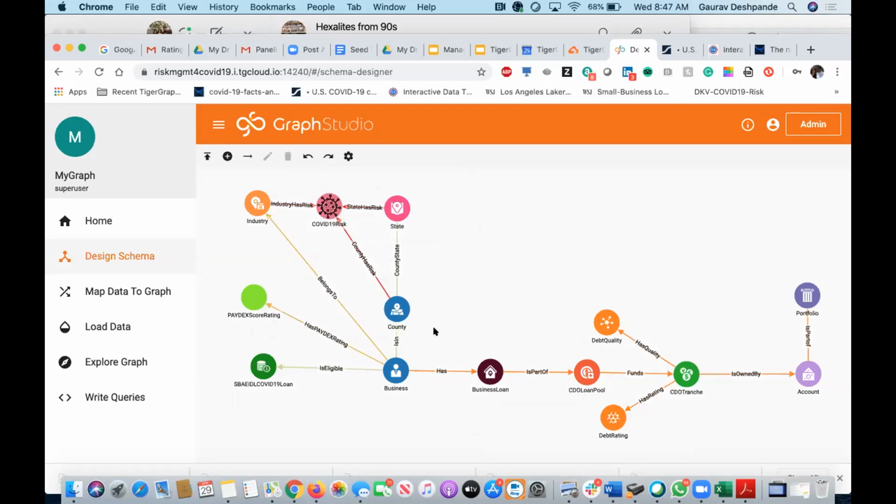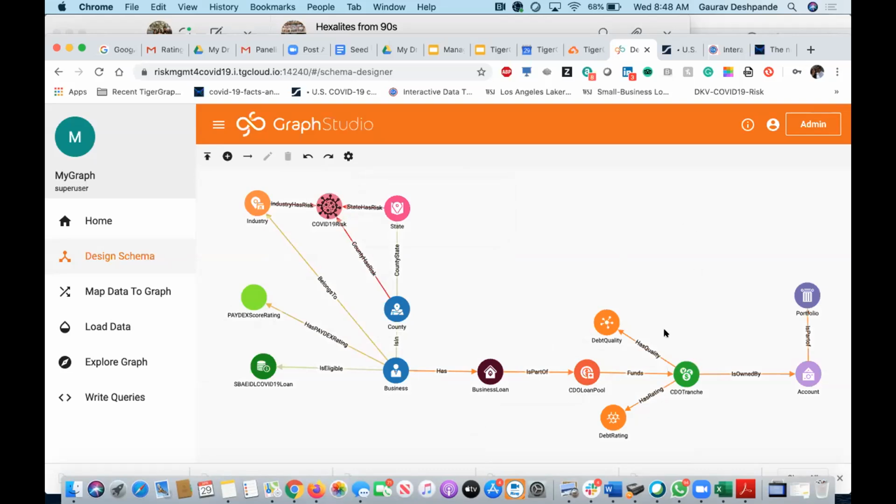Same thing for this route. And the hops for this thing is even longer, this 7-hop assessment of risk. This is what you really need as a sophisticated risk management solution if you are serious about assessing your risk associated in your portfolio. With that,